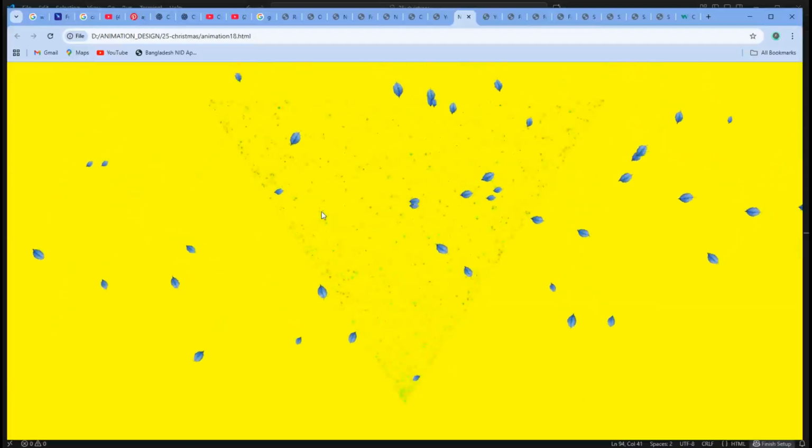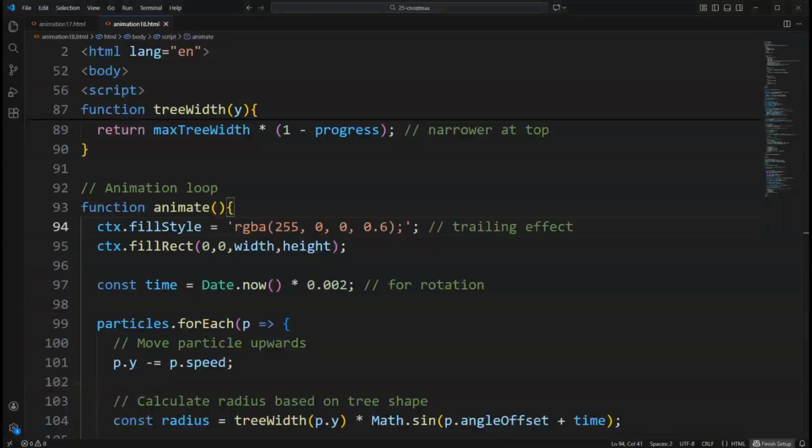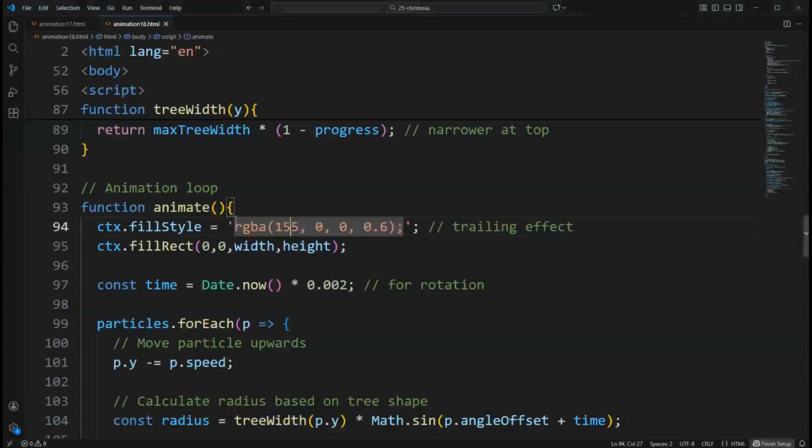During animation, particles move upward while rotating around the center using sine-based circular motion combined with a time variable, creating a swirling neon effect. Instead of clearing the canvas completely on each frame, a semi-transparent fill is applied to produce glowing trails behind the particles. When a particle reaches the top of the tree, it resets to the bottom with new random attributes, keeping the